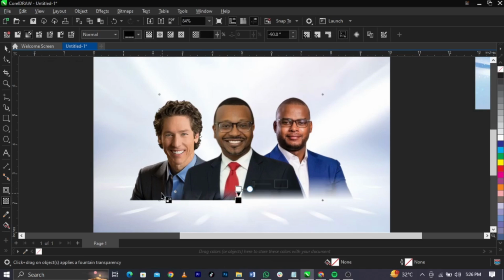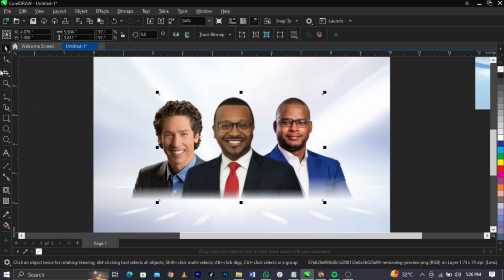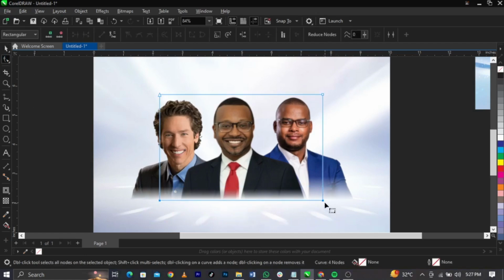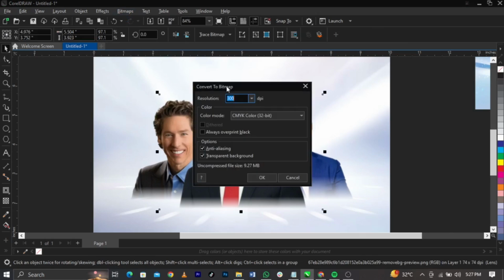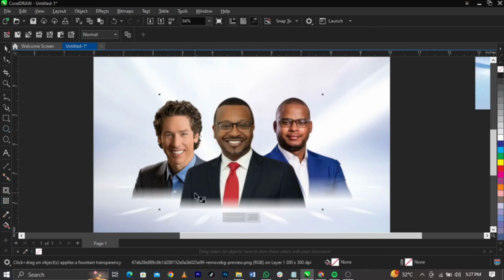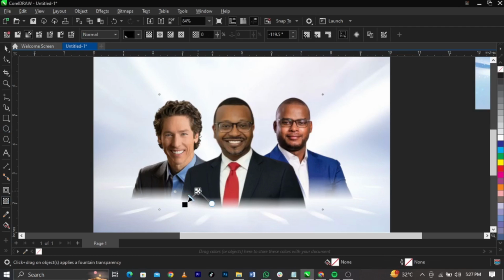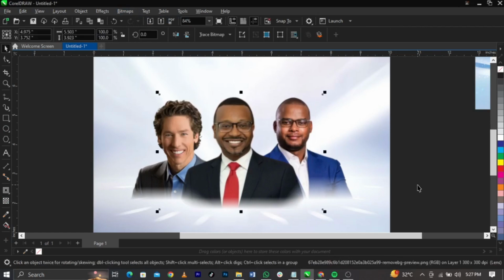All right, and select this one and fade out this way. So basically I'm going to increase this one. I don't want everything to align. All right, so this is fine. So I'm going to just basically convert this to bitmap, select color mode as RGB, then select your transparency tool, fade out this edge, then select the transparency tool, convert this to bitmap before you fade out this edge. So the reason why we're converting to bitmap is because if you don't convert to bitmap, you cannot fade out